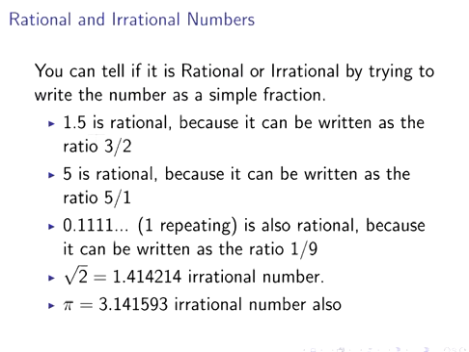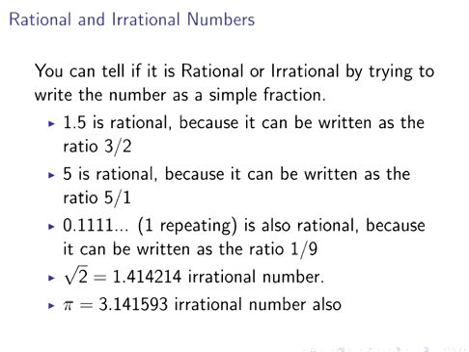Now, it's particularly those with decimal numbers that get a bit tricky. We have the square root of 2 here, the fifth example, 1.414214. That's just 6 decimal places. Actually, the number is much longer than that. That's an irrational number. There's no obvious way to actually express that properly as the